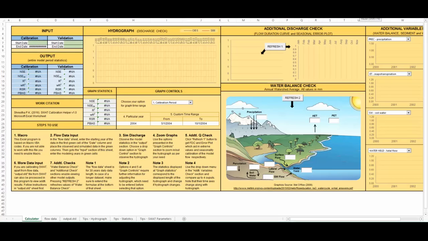Welcome everybody to this video tutorial for SWAT Calibration Helper version 1.0. My name is Pallav and I will be guiding you through this video on how to use this macro enabled Excel file that I prepared